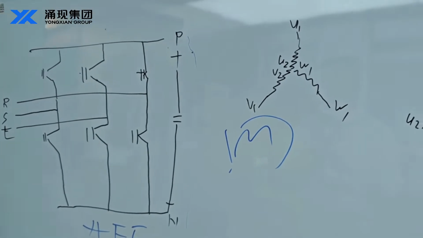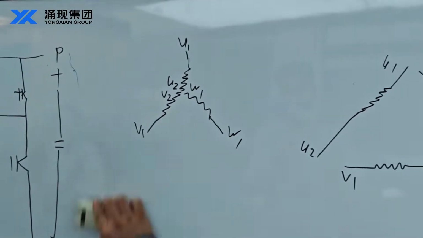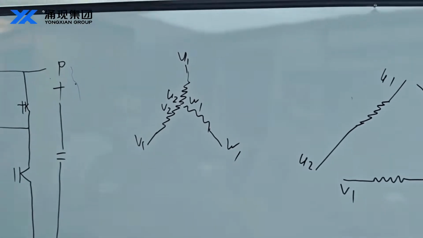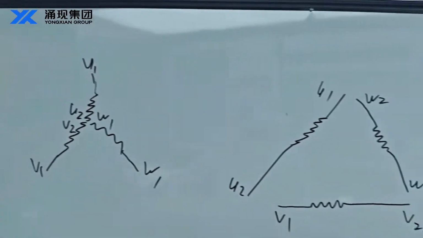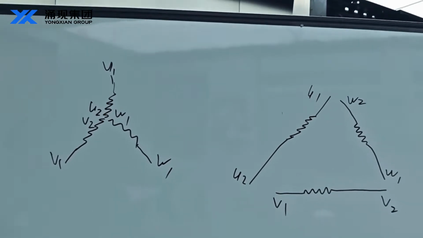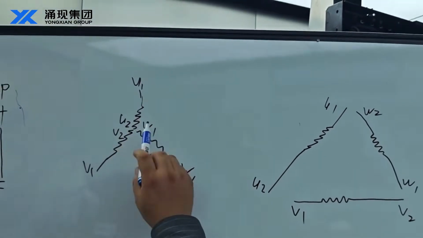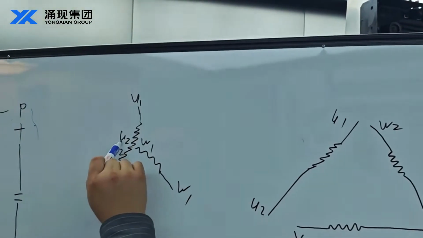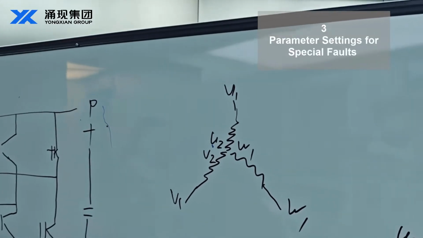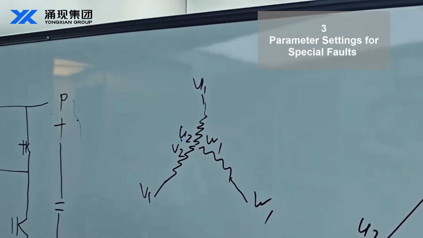Now let's get to the motor. Our motor is divided into the star connection and the delta connection. In our star connection, as shown in the drawing, from U1 to U2